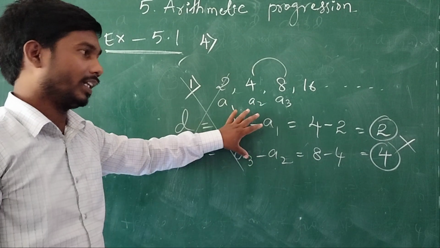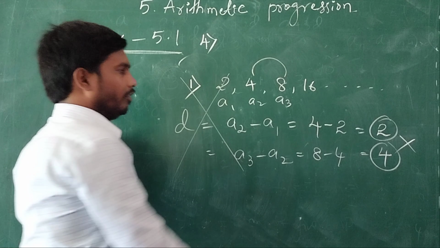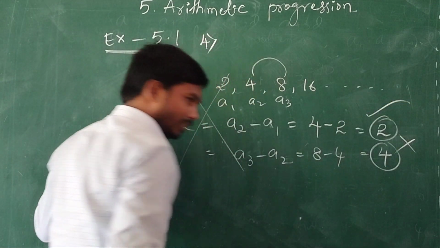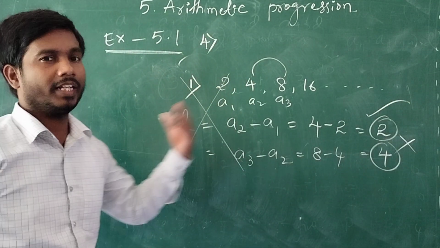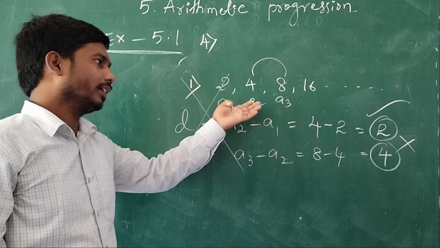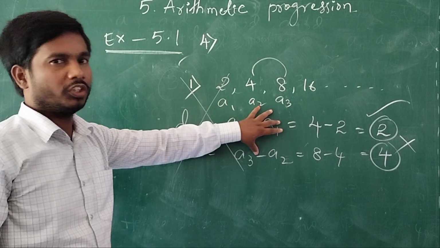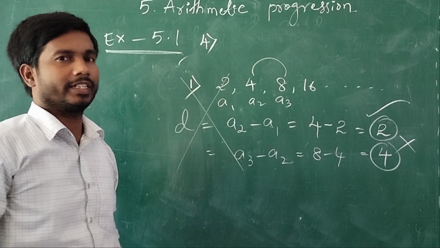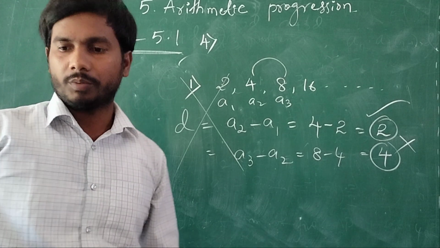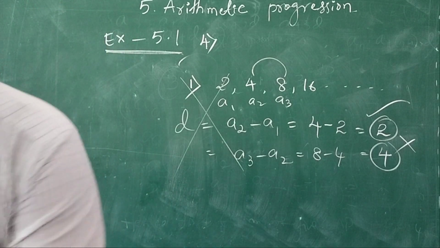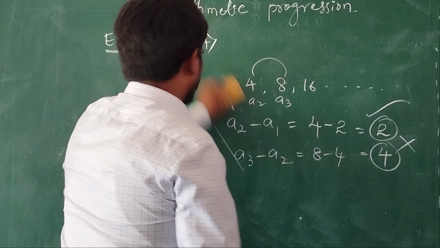If they are in arithmetic progression, we need to find the common difference and the next 3 terms. So first of all, this is not in arithmetic progression at all. So in that case, there is no need to find the next 3 terms. Now the next problem. See, the next problem in this only.